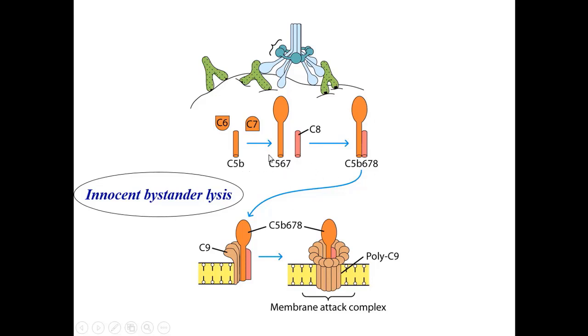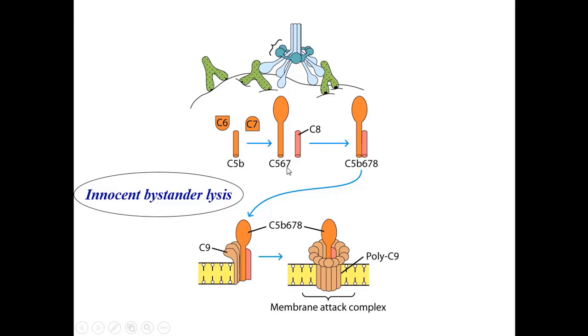As you see here, C6 binds to C5b. C6 can stabilize C5b, binding of C5b on the surface of the antigen or target cell. And after binding of C6, the C7 binds to